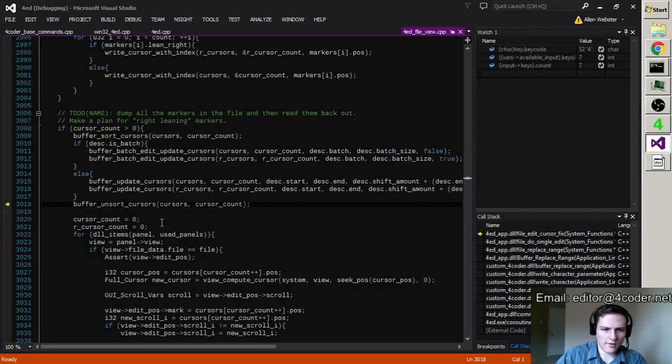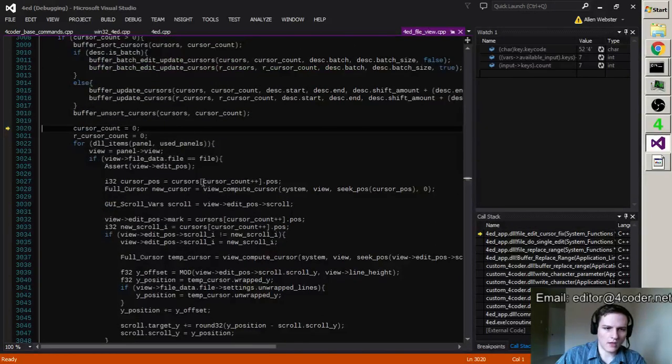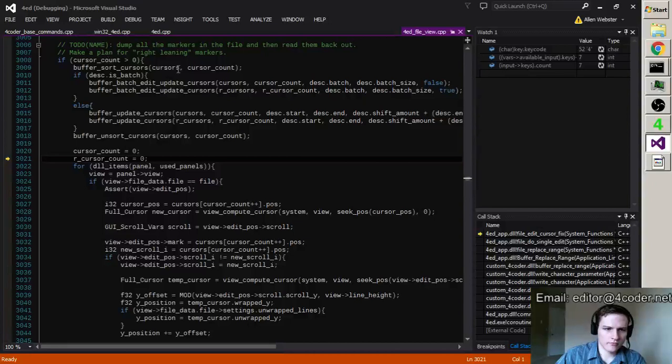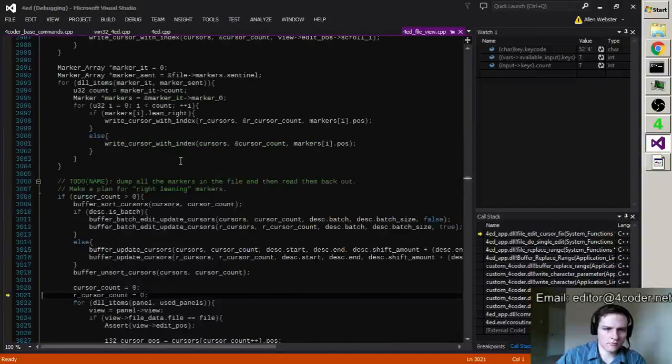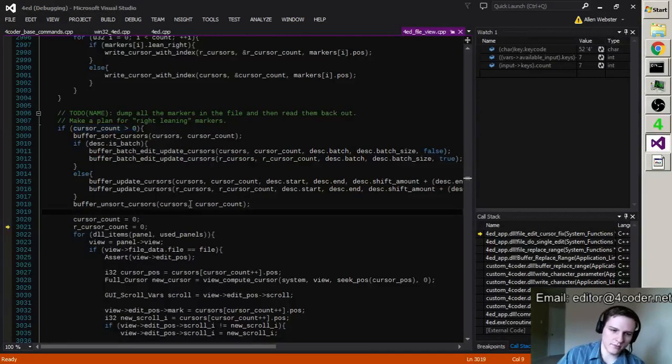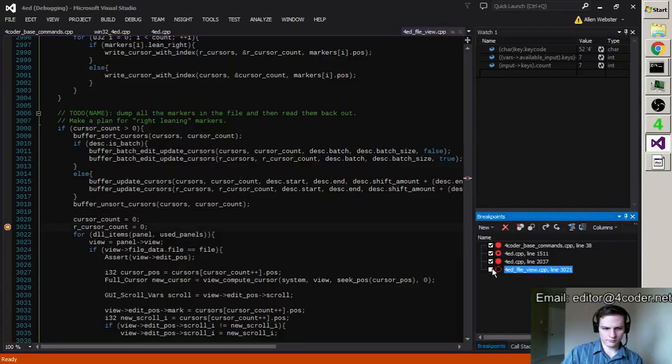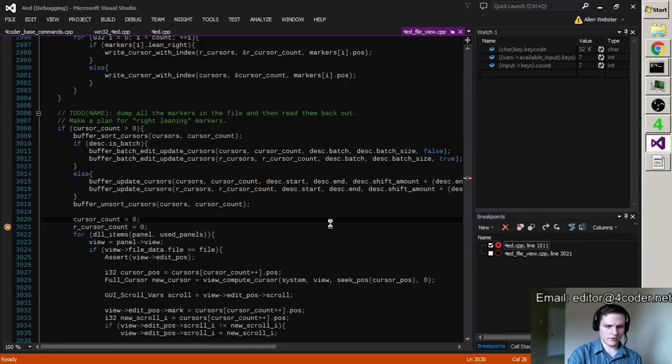I update all my cursors. Then I unsort them. Okay, yep. Ooh. This should have an 'or R cursor count is greater than 0'. That's a bug. We'll resume from here in a second.